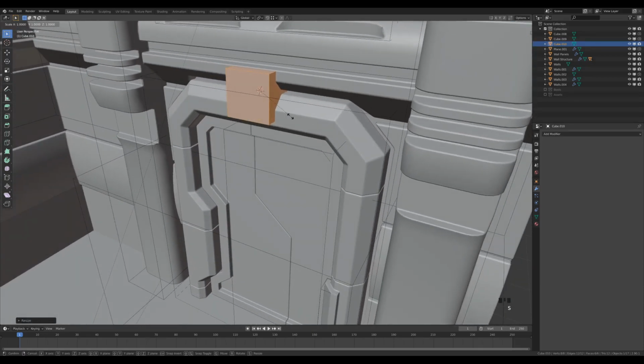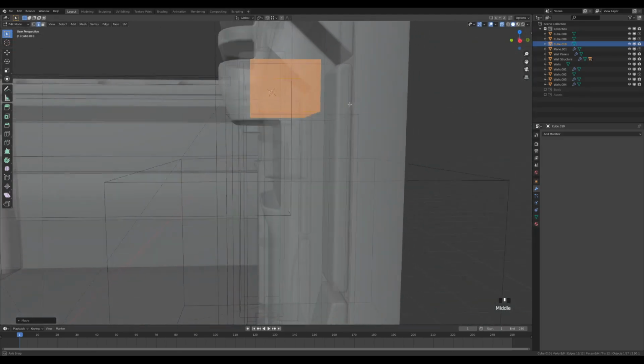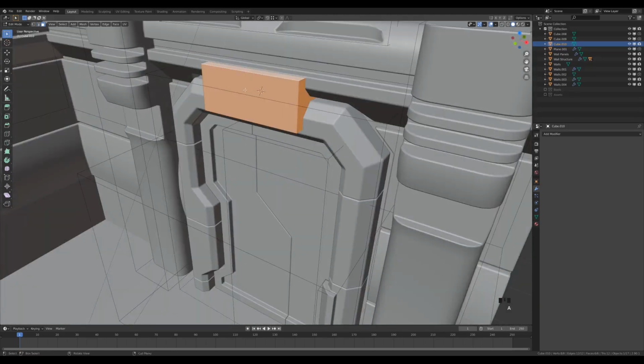And now press S and X to scale this on the X-axis a little bit, and the Y-axis as well, so S and Y, and we'll push this a little bit inside, so G then Y, and move it here. So we have something like this, and it goes a little bit beyond the door. And now we can go to the edge select by pressing 2, select this edge, Ctrl B and bevel this down to create a nice slope there,